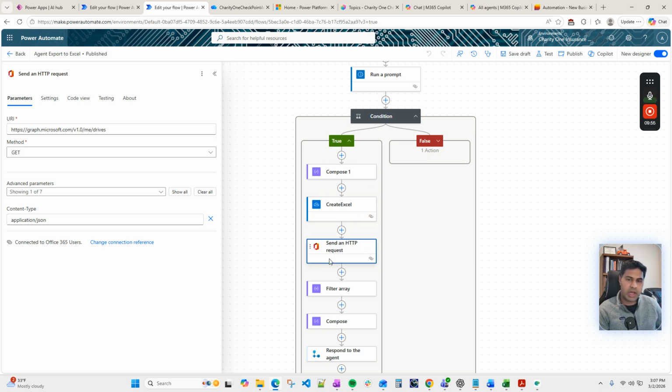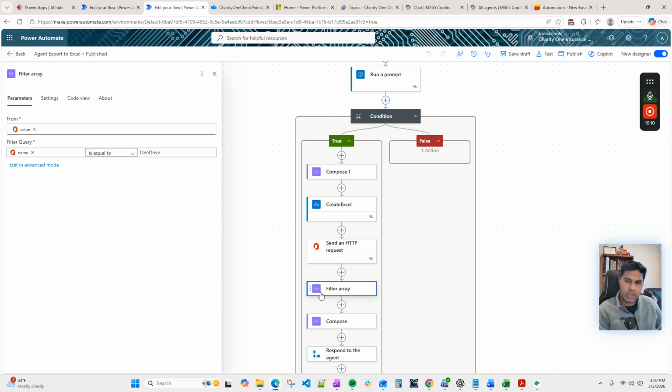Basically, the user asking the question. So this returns basically an array of all the OneDrives that this user has access to. And then what we want to do is filter that array for only the ones that are related to OneDrive. We want to get the URL of that user's OneDrive. So we are just filtering out that value using the name property. We want to make sure we just get the web URL of their OneDrive,